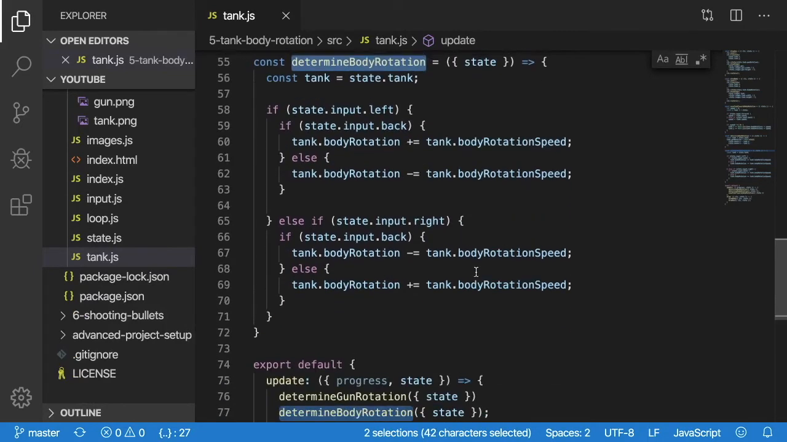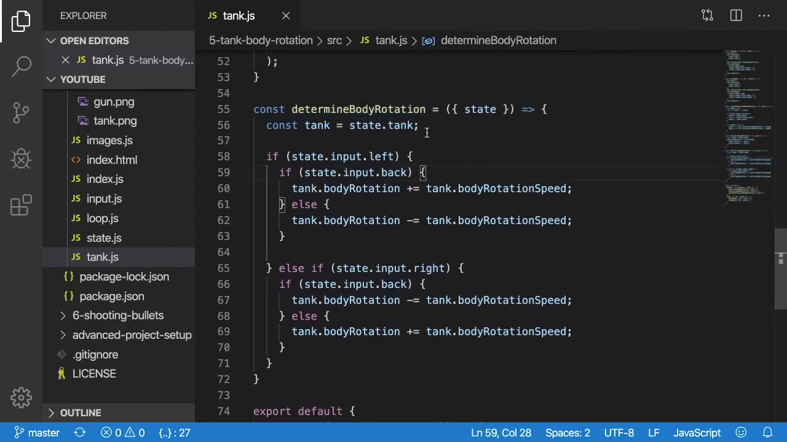So if I go into this function here, you'll see that we check if the left button is pressed, so A on my keyboard, basically. And then if we're holding down back, we need to rotate the body in a positive direction based on some rotation speed. And then if you're not holding down back, so if you're holding down W or forward, we rotate to the left. And you'll probably see that if you were to grab this code and play it. But basically,